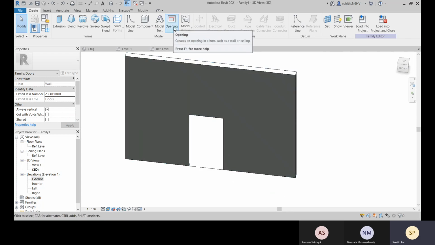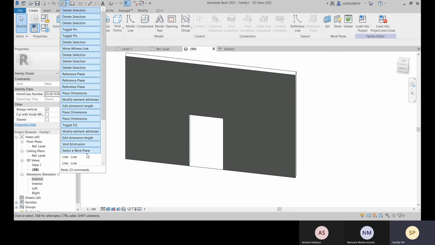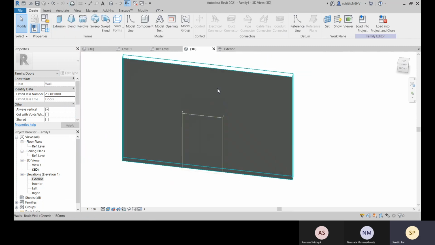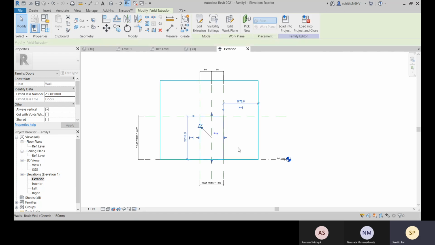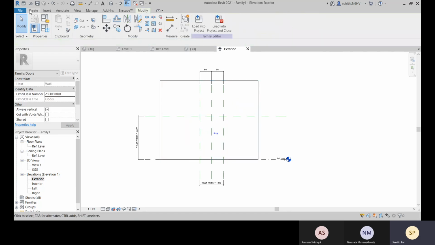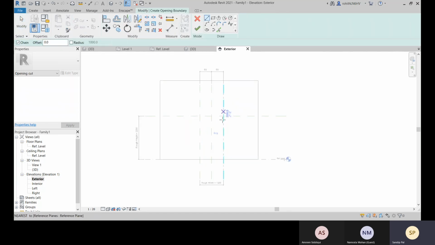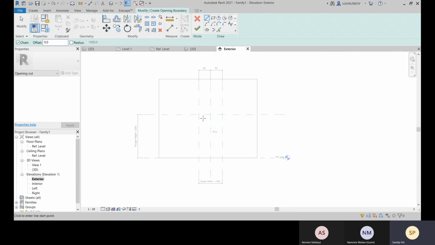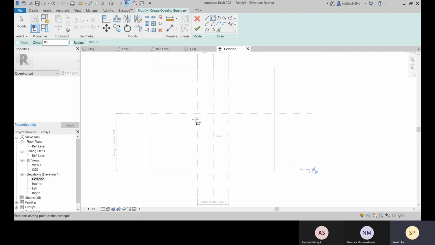We have to go with this opening. Okay, so come to exterior, we will delete this, go to create, and we will go with this opening option. Sorry, that is my mistake.